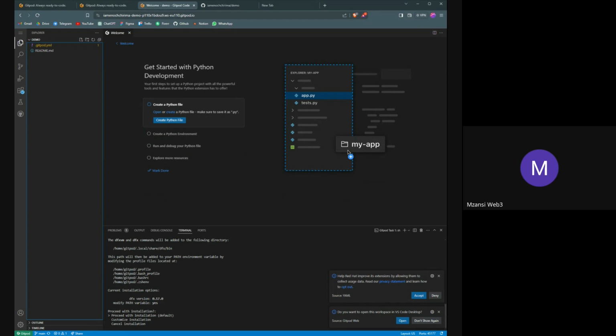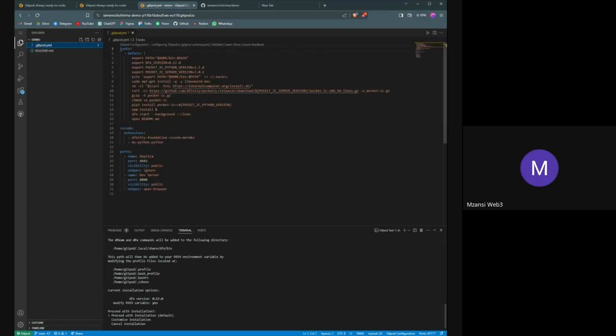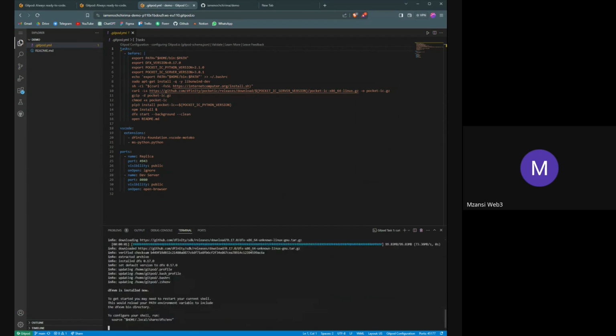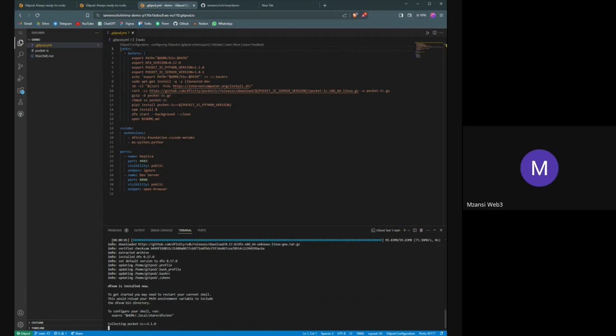It actually started installing the packages we want, the tools we want, right? Let me just show you guys. As you can see, we're installing the ICCDK, and if you remember, this is what you get prompted when you are installing the CDK. So I will just have to press enter, then it does the installation for me,